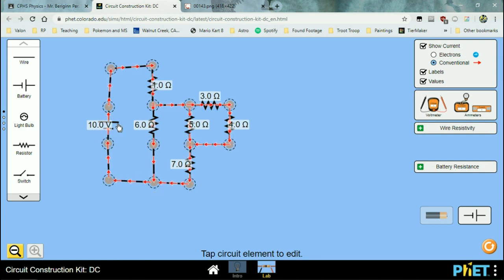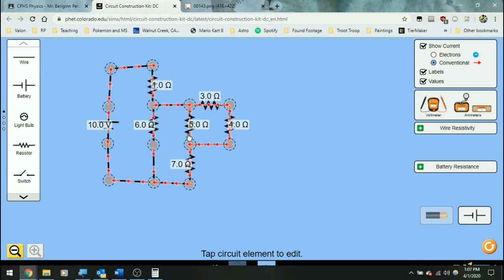Now, we know the total voltage that's gained from the battery is 10. We know it must lose 2.11. That means no matter which path it takes here, it must lose the rest of that voltage to get back down to 0 voltage before it gains it back going across the battery. So, this means